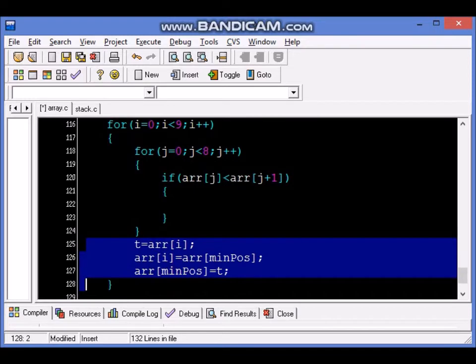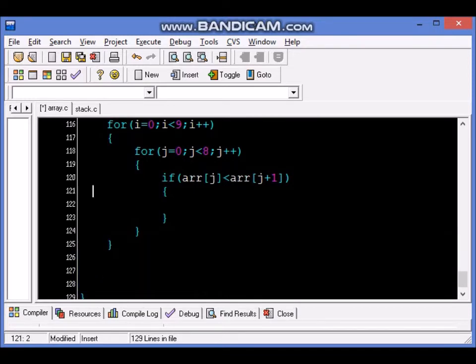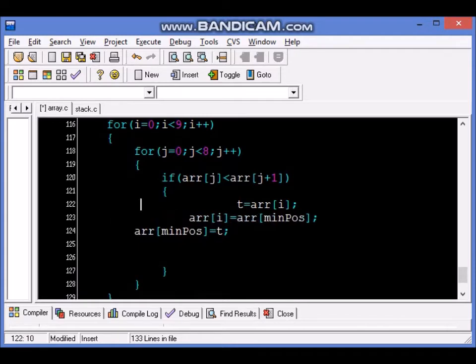So swapping code was there in selection sort, Control X, and I'll paste it here. Make sure indentation is good. Any good C program should be readable, and this indentation helps us understand which code is within which loop or which if condition. Each time I compare, if j, when do we swap?